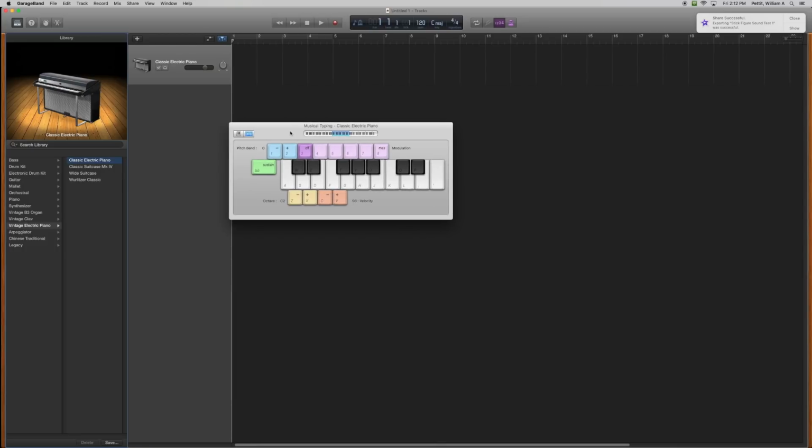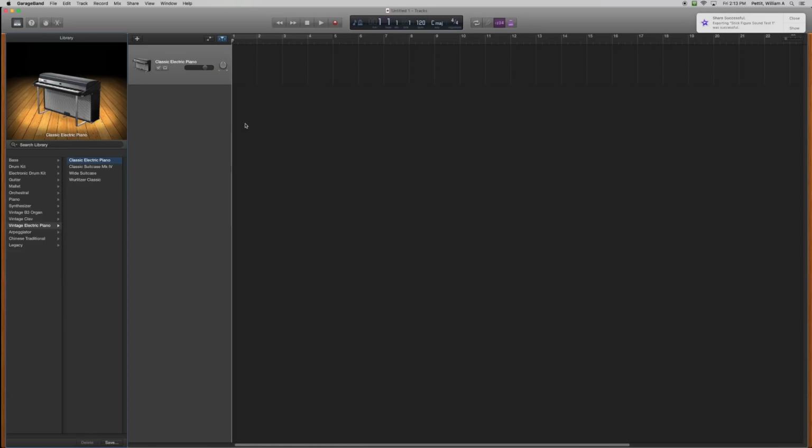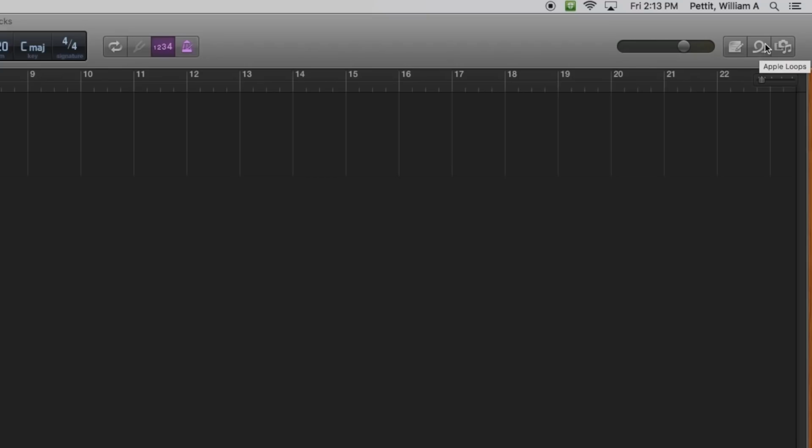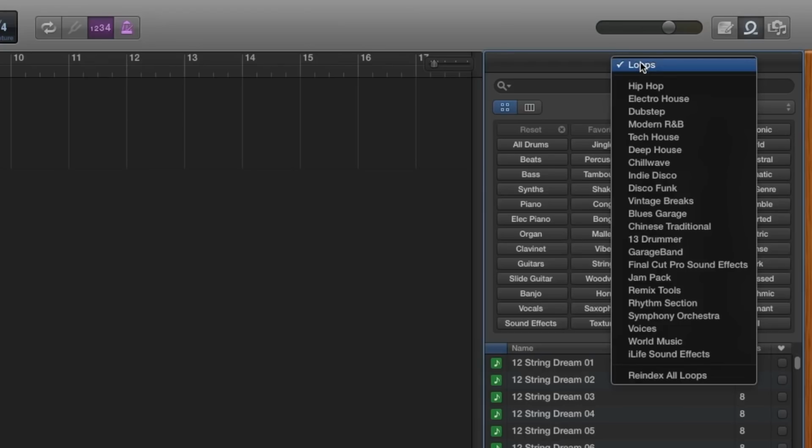This is musical typing, which you can use if you know how to play the piano. We're going to go ahead and turn it off. We will not be using it for this assignment. Over here, you will find the loops. See how it looks like a loop? Click on the loops. To find something to listen to or to add to your song, you can select loops